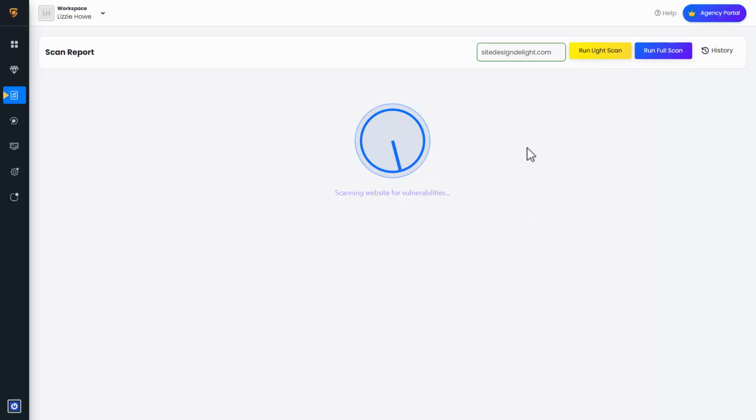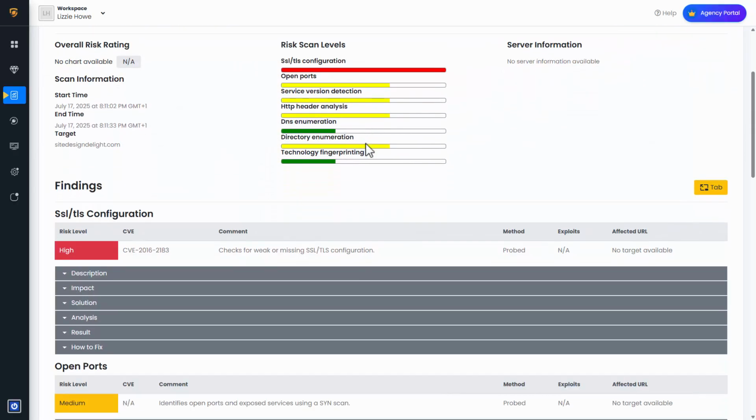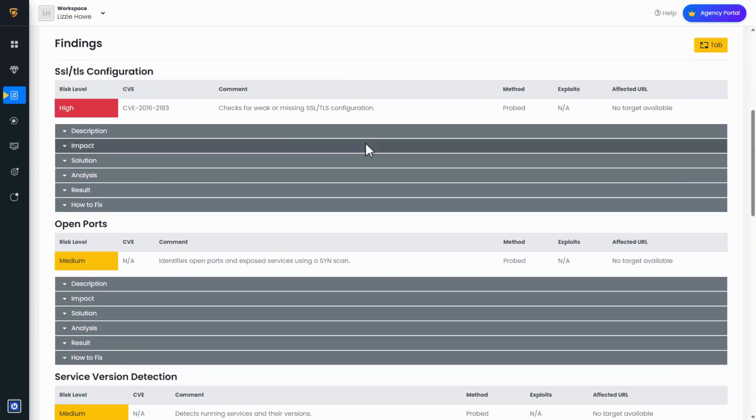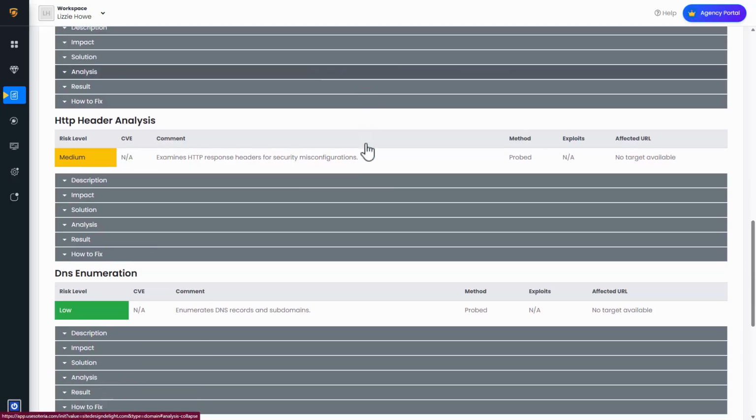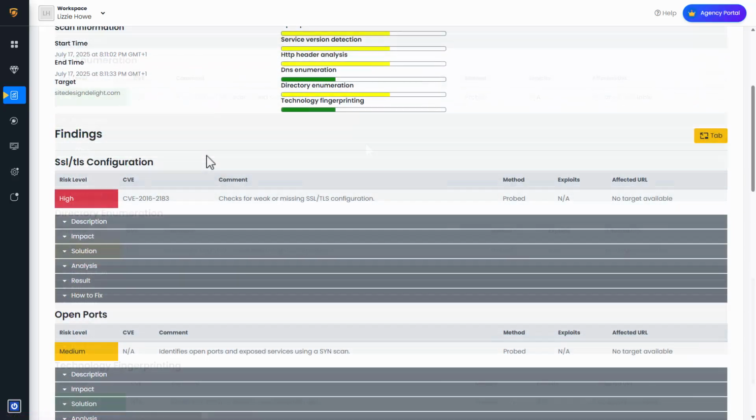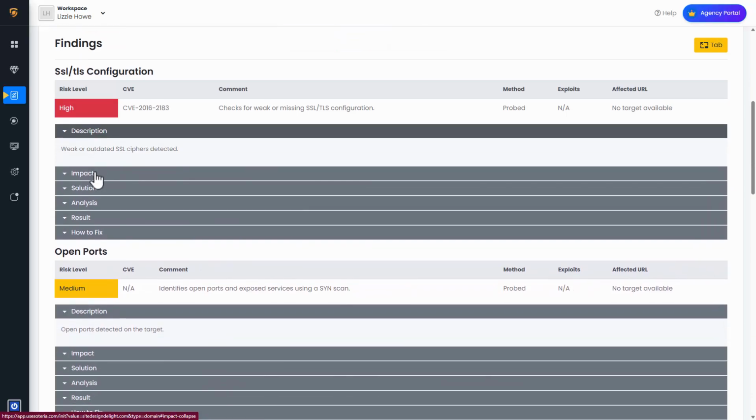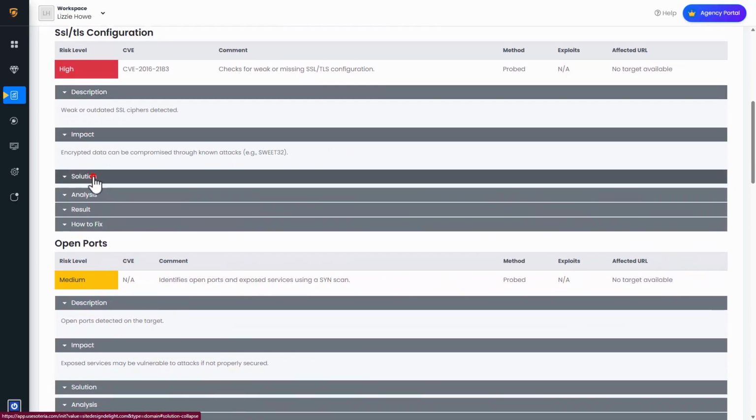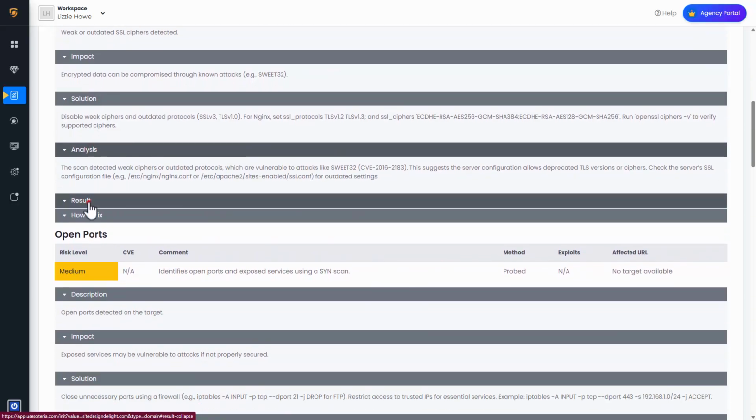This scan will take less than a minute and will go through your site, scan for vulnerabilities, and give you a complete report on a silver platter. What you will see here is a summary of the vulnerabilities and strengths found on your website, giving you all the details you need to know for every one of the findings, rating them by high, medium, and low risk level. Not only that, you will also be given a description, its impact, the solution, an analysis of the particular issue, the result,